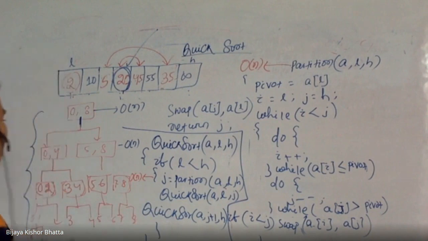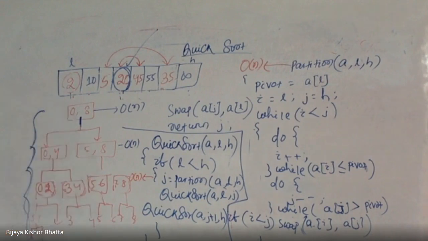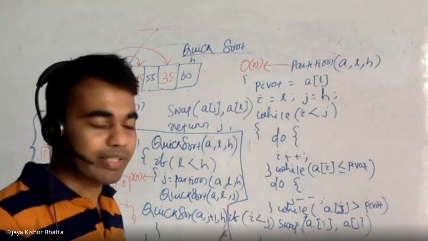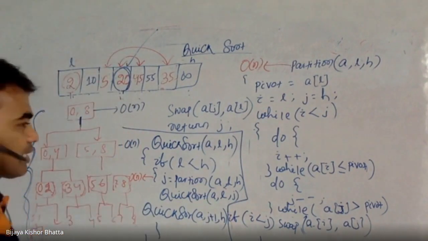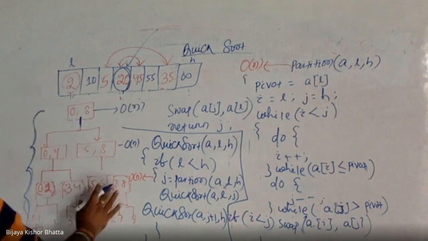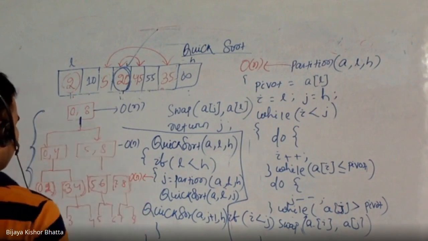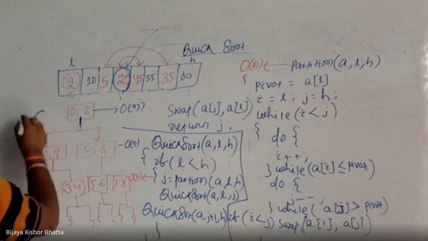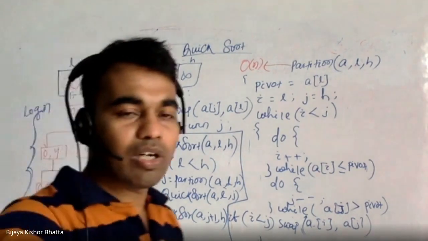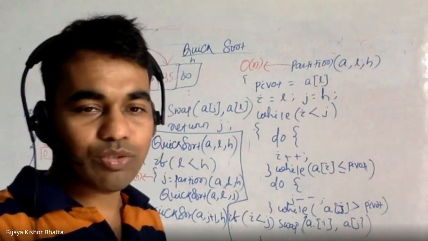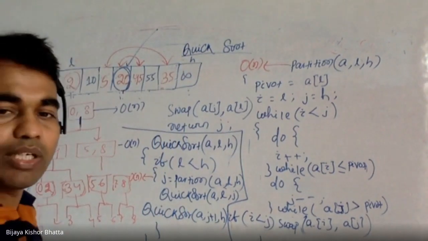In that case, what will be the height of this particular tree, because it is like a tree which is having equal length, right? So that means this is equally divided. So it is like a height balanced kind of tree that is going to be generated, because the nodes are equally distributed in every level, right? So that's why the height is going to be log n, right?